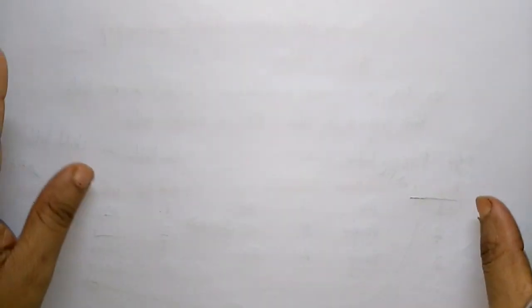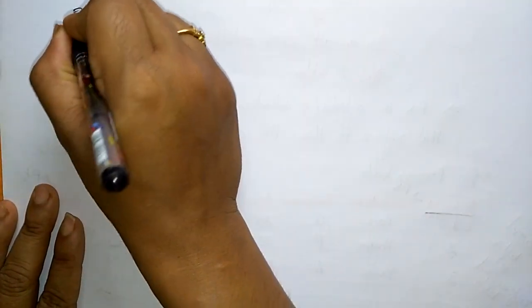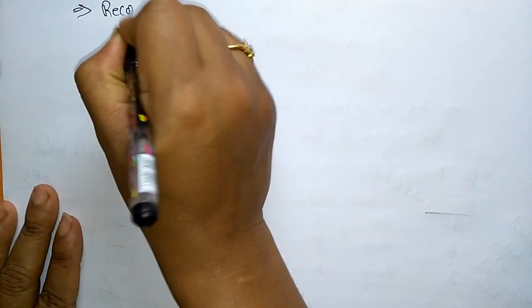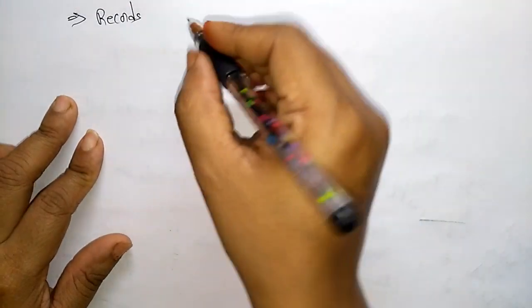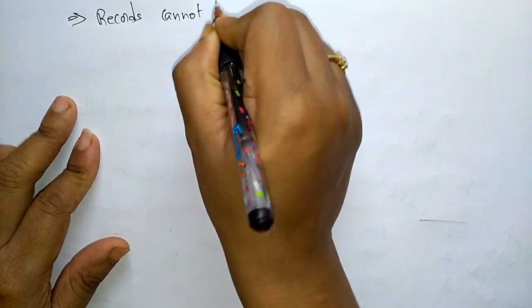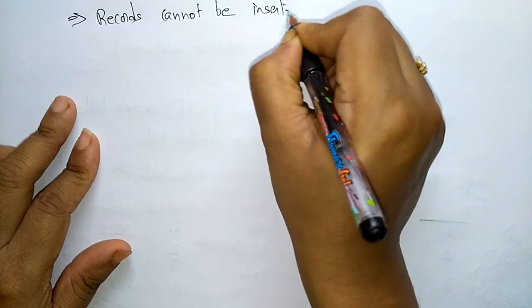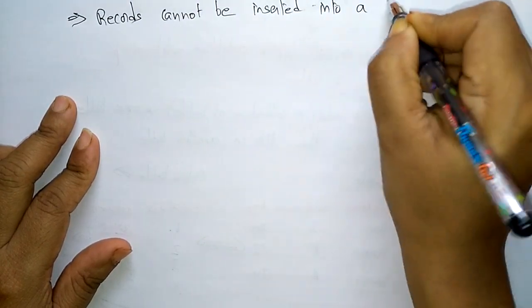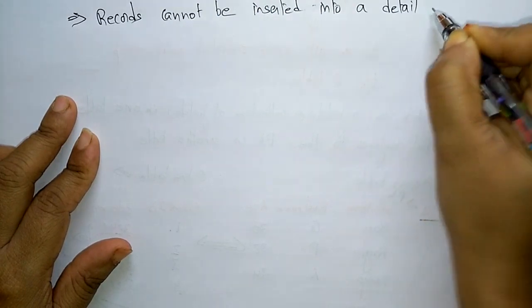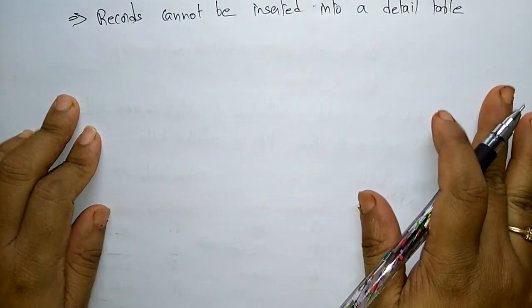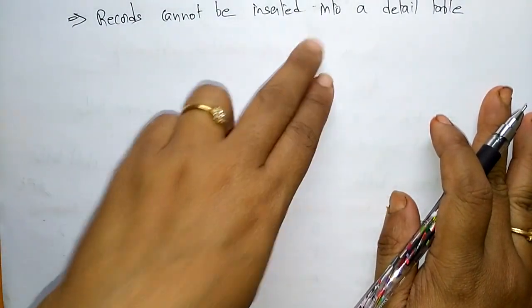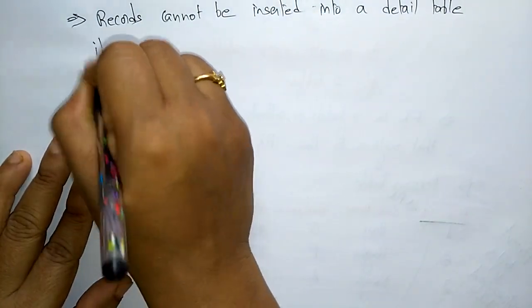Let me write some points, then I'll take another example for you to clearly understand. So records, the one thing you have to remember while you're using the primary key in another table and that key is acting as a foreign key, the point you have to remember is that records cannot be inserted into a detail table. Detail table means it's a child table, where everything in detail will be there in another table. So records cannot be inserted into a detail table if